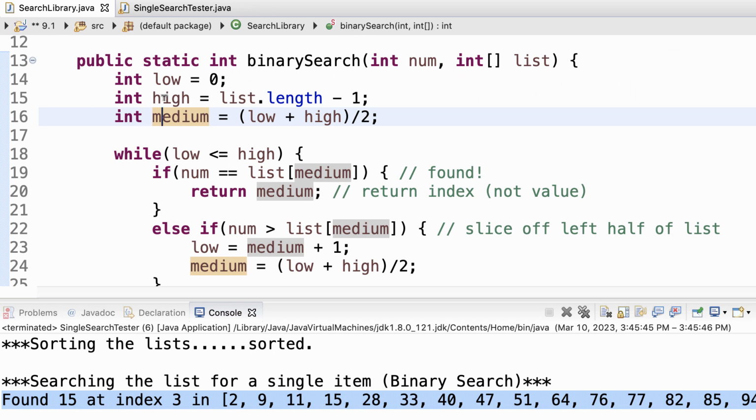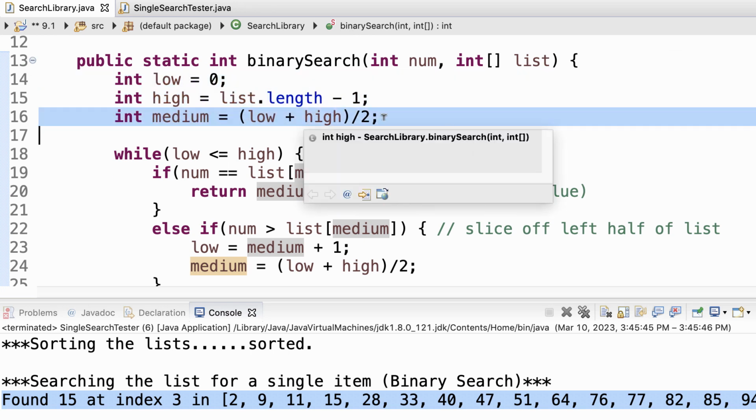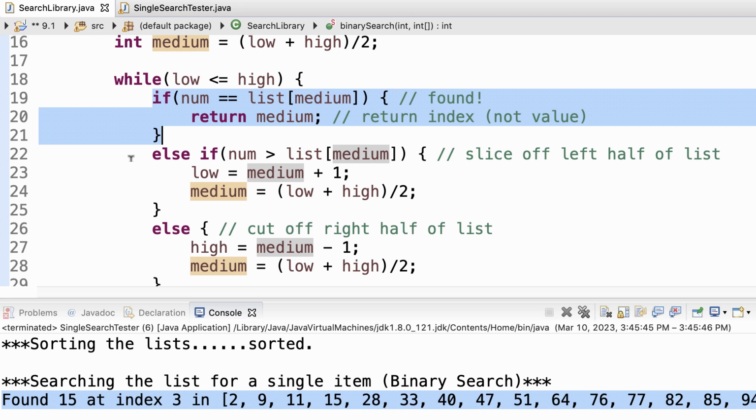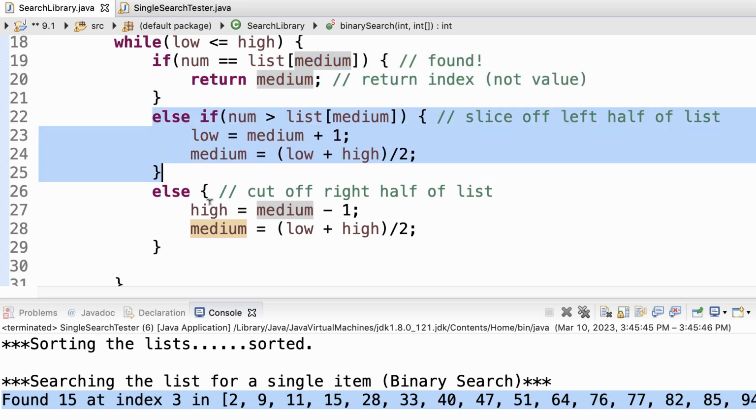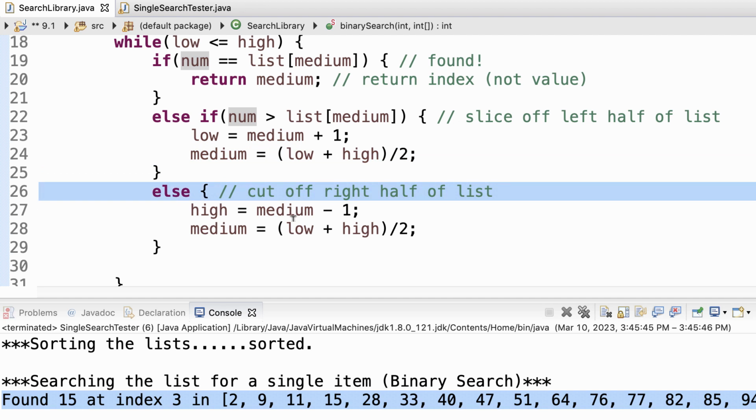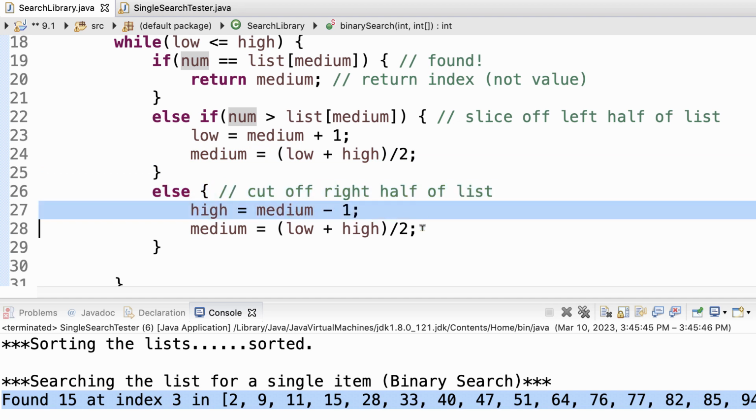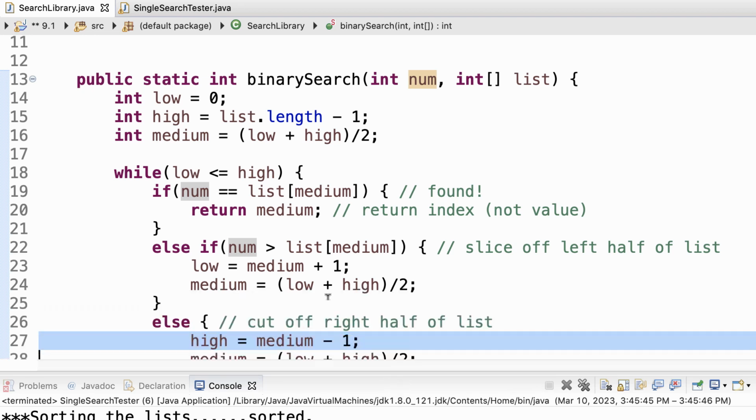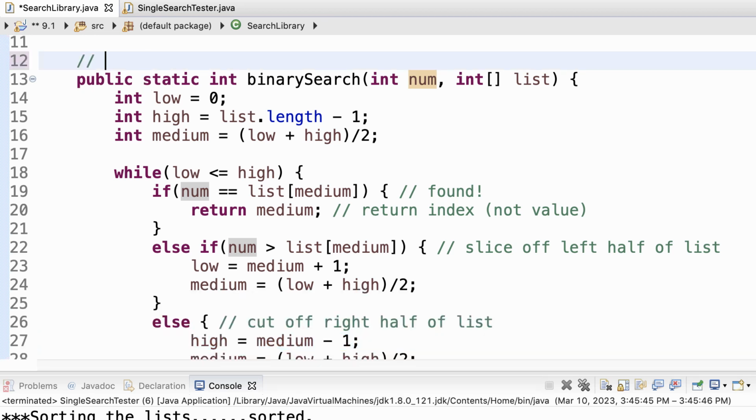Back to our binary search here. So again, we have our low, our high, which is at the very end, and the mid or medium right in the middle. And again, as long as low was less than or equal to high, we want to keep going, checking if it's there, otherwise updating the pointer. Again, if what we're looking for is too big, we slice off the left half by moving that low pointer up and recalculating. Otherwise, we cut off the right half by moving the high down and recalculating. So our goal, ladies and gentlemen, is to turn this into a recursive